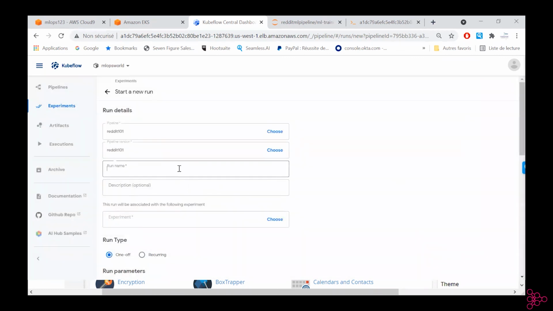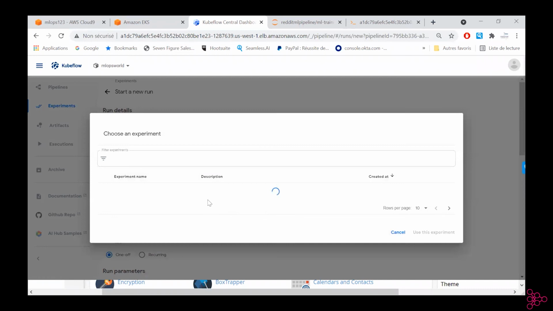Okay, run name test 4, choose experiment. I use the default experiment, but when you run here, you can potentially create your own experiments based on what you're doing. I think you can use it for development.